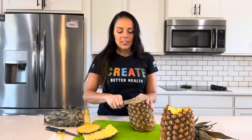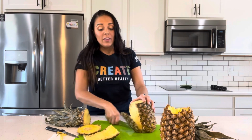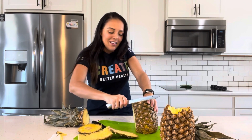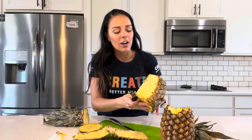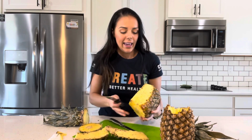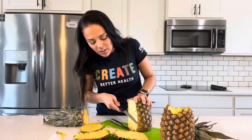To save more fruit, a little bit more time consuming, if you just cut straight down, you'll remove the outside, but you don't remove as much of these eyes as the first method. So what you do in this case, I'll get a little bigger of a portion here. What you would do in this case now is you take your small paring knife and you go along and you remove the eyes. Now, if you look closely, you'll notice that the eyes are in a diagonal fashion. And I did pretty good to remove most of them, but you'll just go down along that line and remove the eyes